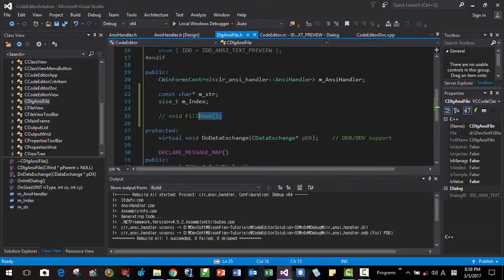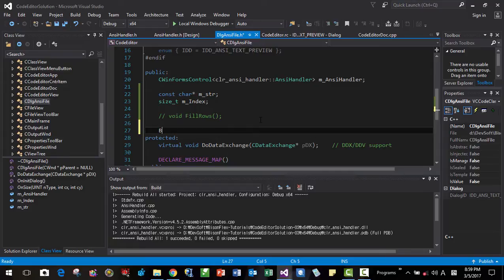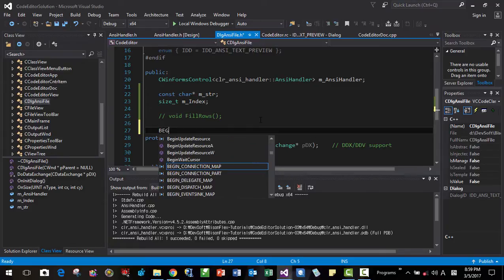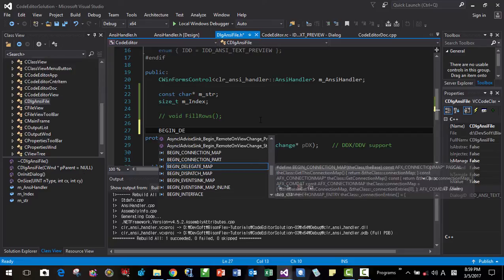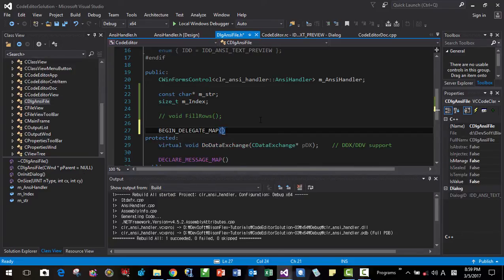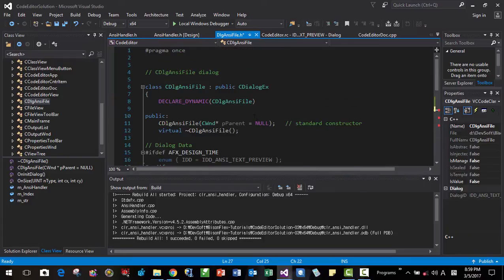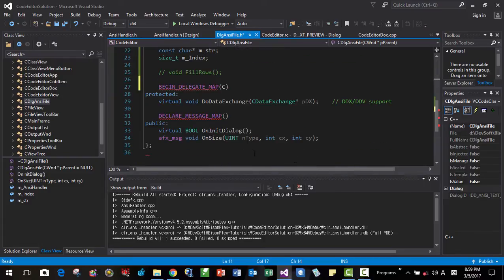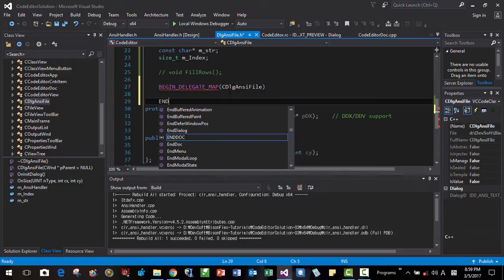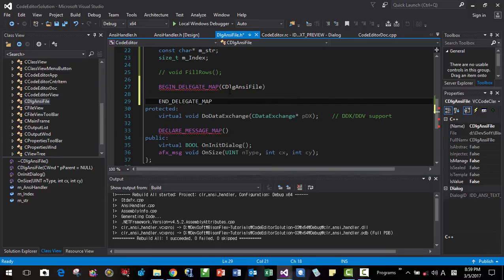Then we are going to add some message handler. The message handler should begin with, okay, I will type it. Begin, begin delegate map, like this. We need this dialog box name here, like this. It should be end delegate map, like this. Then we are going to add message handler functions here,